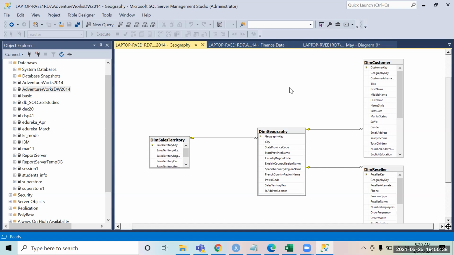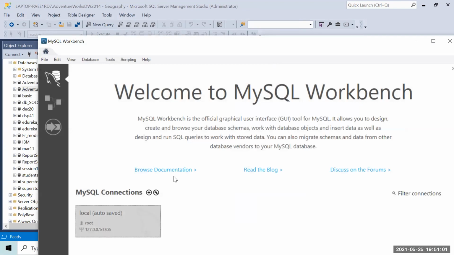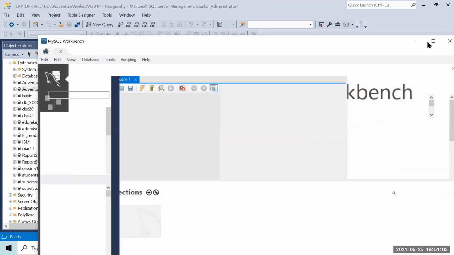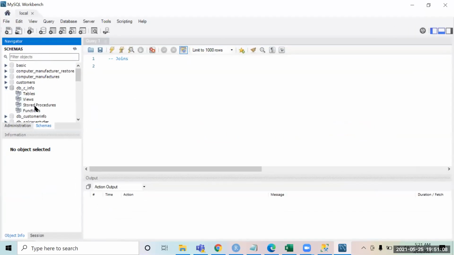Because schema, if you use it in any other database, right? If you will be working in MySQL, over there the definition of schema changes. Over here in SQL Server, we call it a database. In MySQL, we call a database a schema, when you create a database over there. So let me just quickly show you something. If you see now, these are databases. Now database over here is called a schema, as in a collection of all the objects. That is how this word schema has come up.